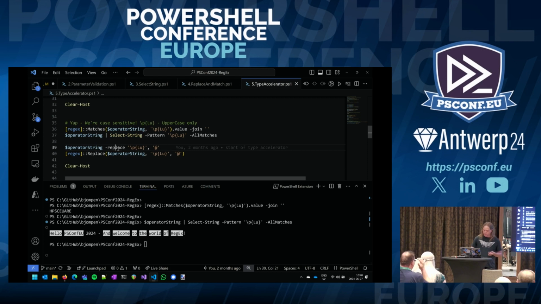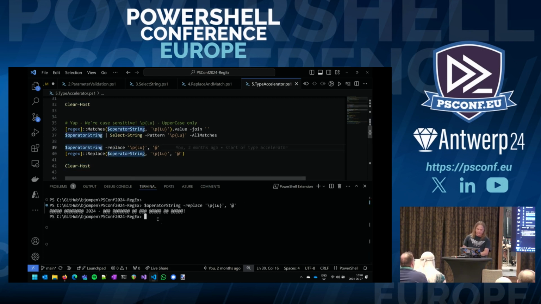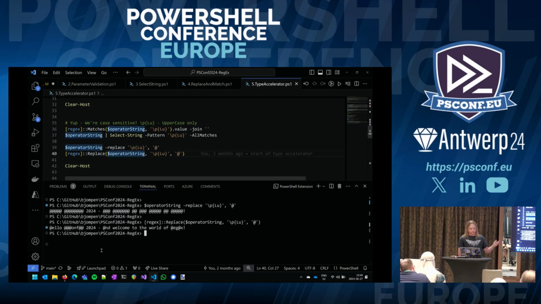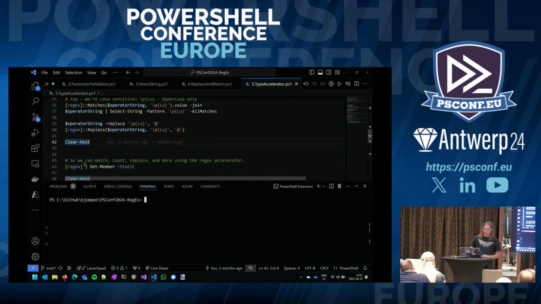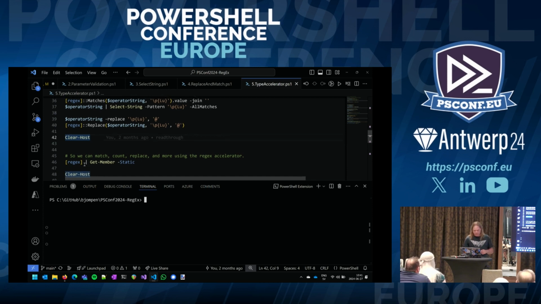Same goes for the operators. Well, if we do replace, turns out if we replace all uppercase characters with a snobbelow, well, everything is uppercase, and same goes here. We only replace the uppercase. So when you use the Regex Type Accelerator, remember capitalization matters all of a sudden.